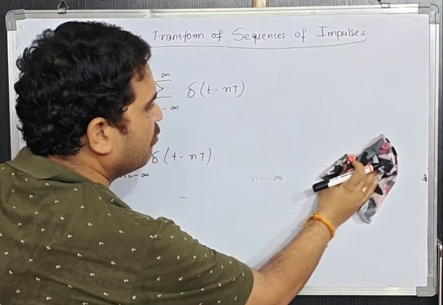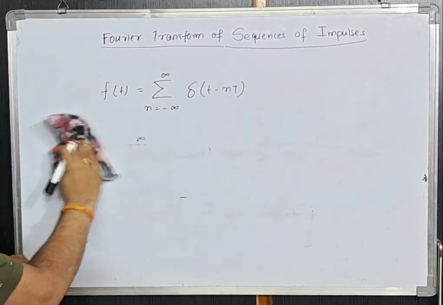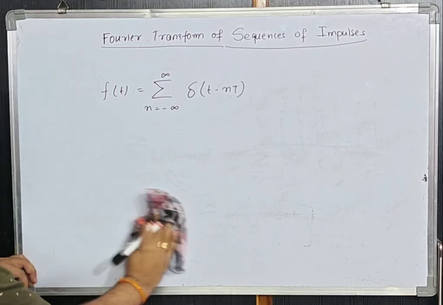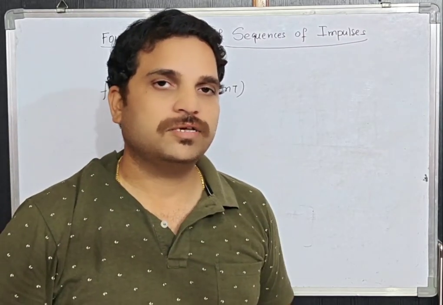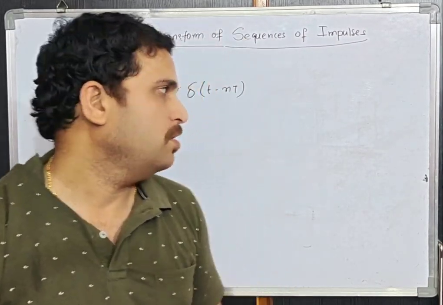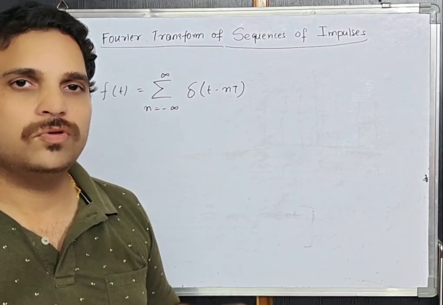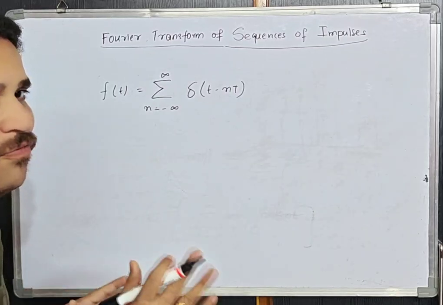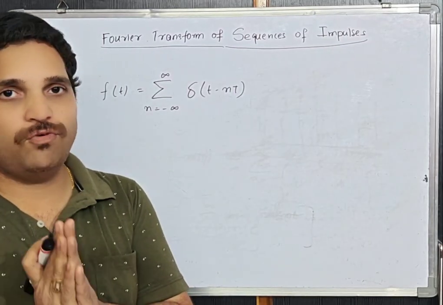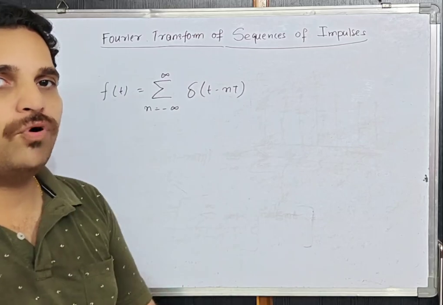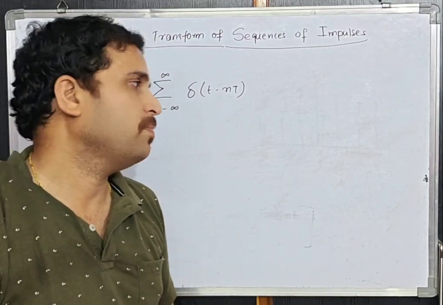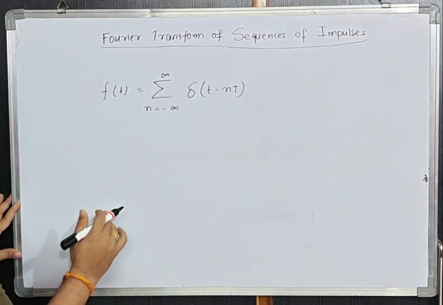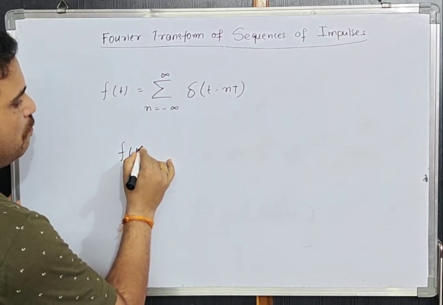Those who are familiar with Fourier series can easily write the coefficient. In case someone has no knowledge of it, they can look at this video. Those who know it can skip the video. Okay, so we are finding the coefficient for any function f of t which is a periodic function. Fourier series is applicable for periodic functions. So now let us say that a function f of t is periodic